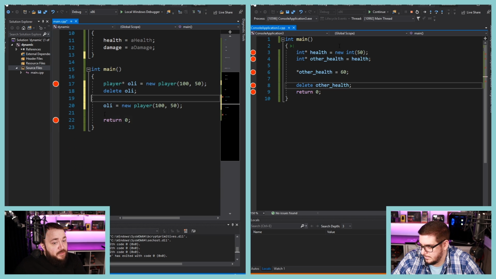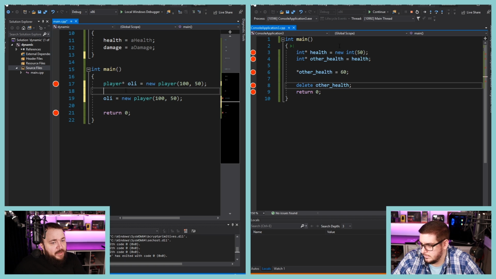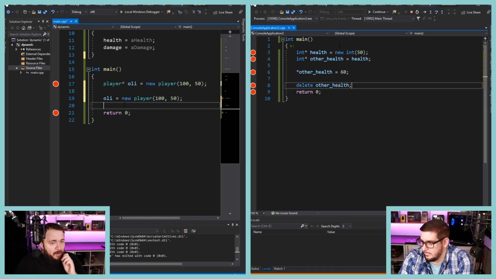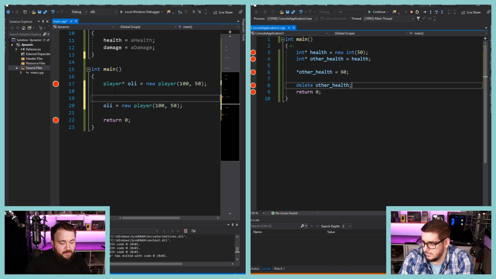So this is okay. This is a memory leak because we didn't delete. For every new, there must be a delete. For every one, there must be the other. If we would run this, we would leak, in this case, 8 bytes of memory every time we run this. And if I would put this